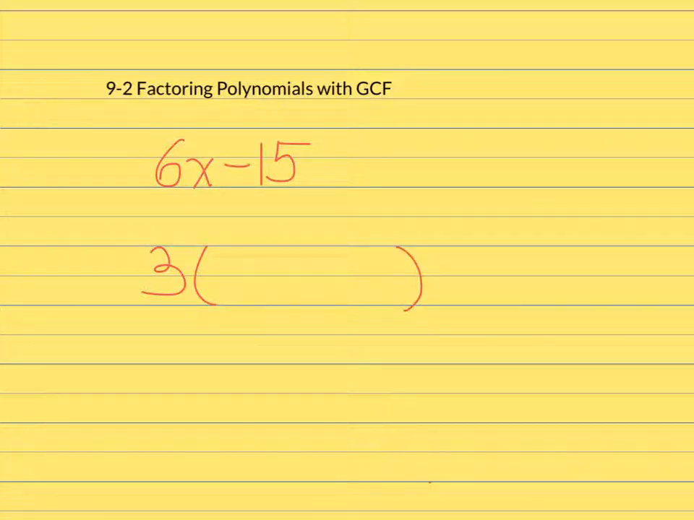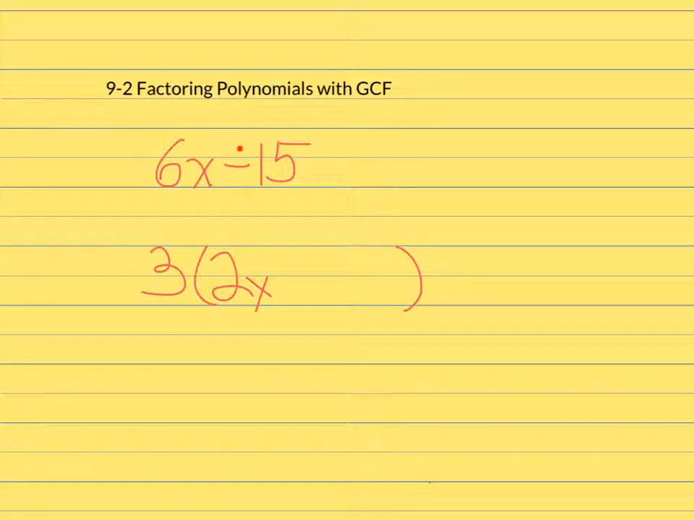of parentheses and then try to think of, well, how could I make 6x from 3? So what would I multiply 3 by to get 6x? And the answer is 2x. 3 times 2x would be 6x. Then because this has a minus sign in it, I am then going to